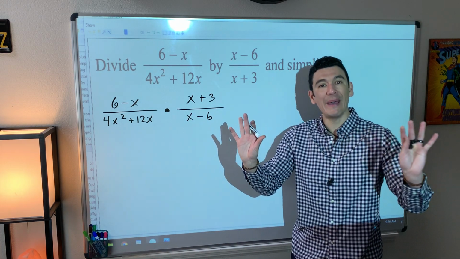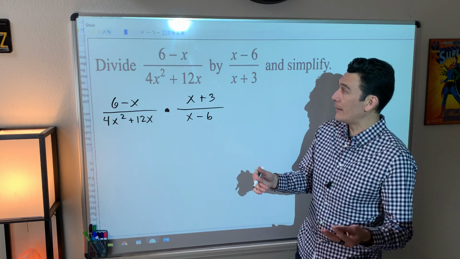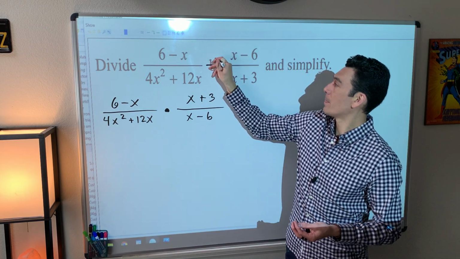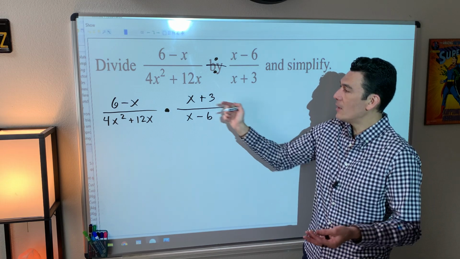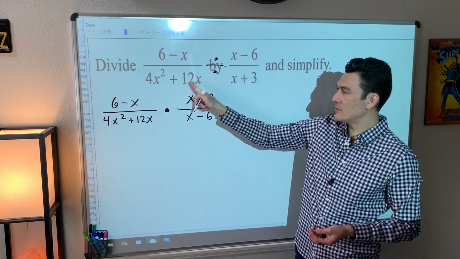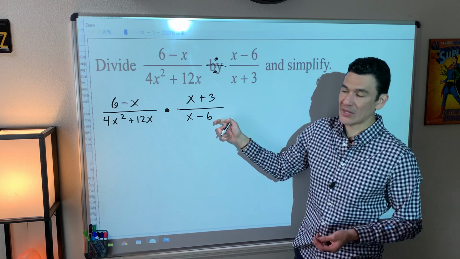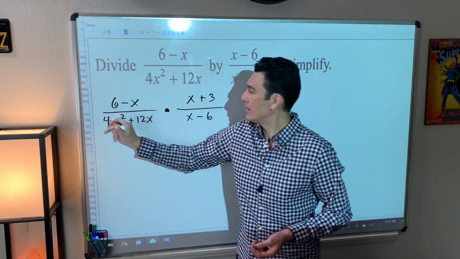If you want to be more patient than I am, if you want to write down the first step where it's just basically like that, that's totally fine. Either way, we end up here where we have to turn division to multiplication and this gets turned upside down. Okay, so equals